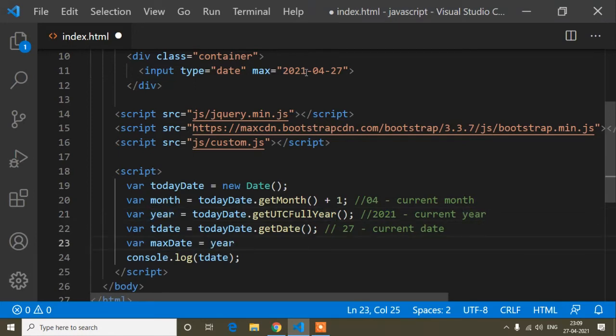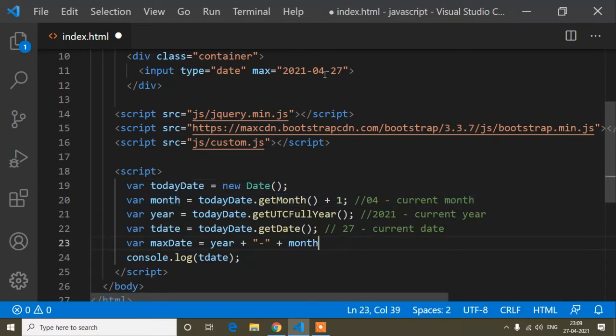After that you can see it's a hyphen, so this is a string, so I will write plus and double inverted commas with a hyphen, this is a string, and now plus. After that you can see this is the month, which I'm storing in this variable, so I will write this variable.